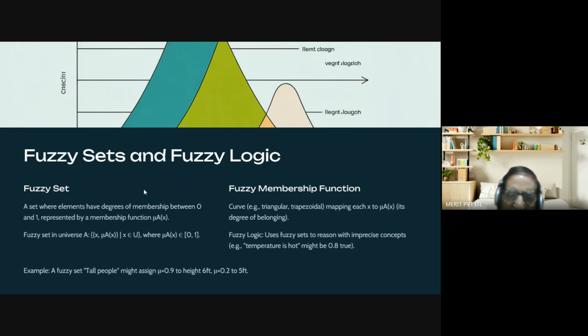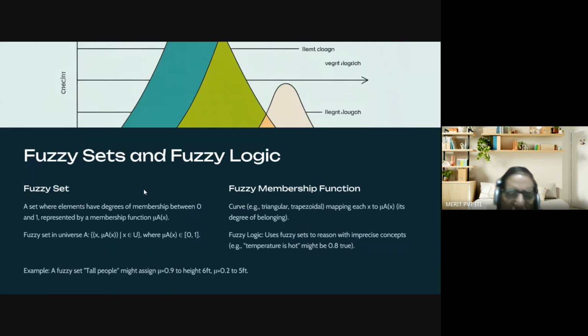Fuzzy logic uses fuzzy sets to reason with imprecise concepts. For example, temperature is hot might be 0.8 true. If the temperature becomes 45 degrees, it will be 0.9. If it becomes 50 degrees, it will be 0.95. If it is 40 degrees, it will be 0.8, and so on. So a fuzzy set for a tall person might assign mu 0.9 to a height of 6 feet,